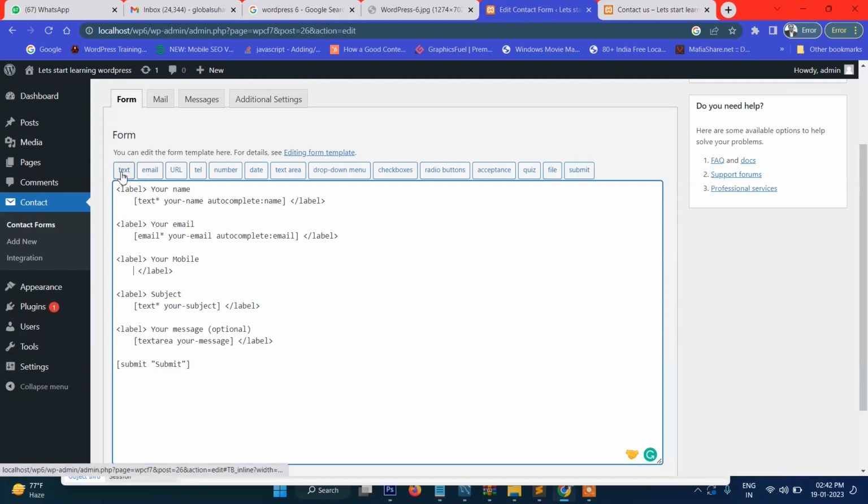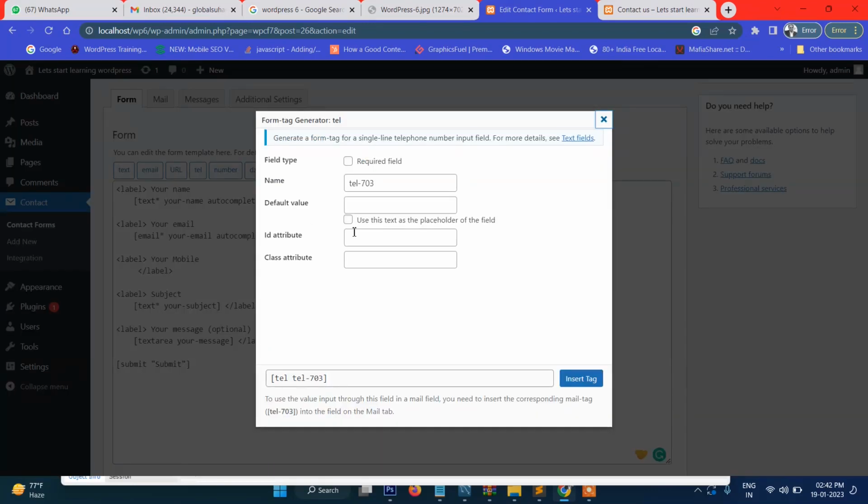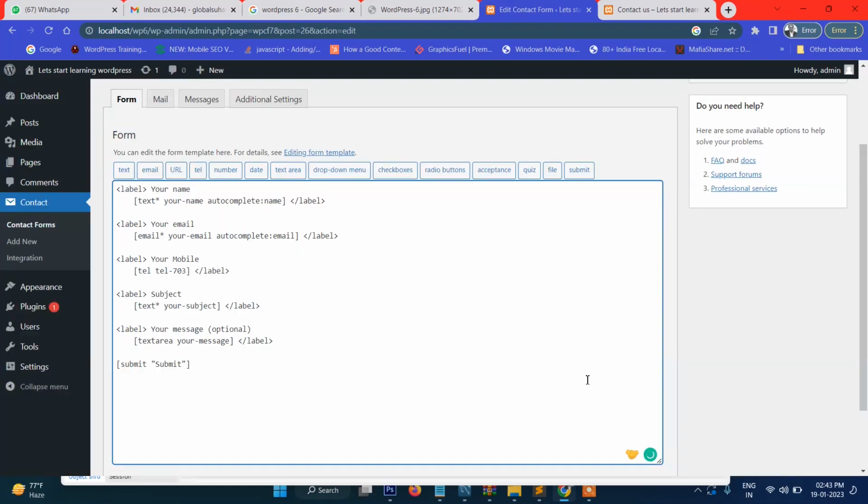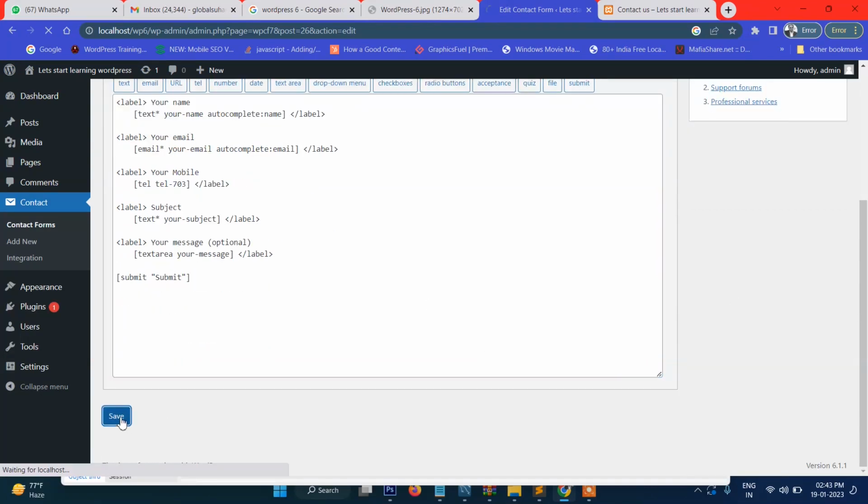You can see there are different types of elements or boxes you can create. So text field, email, URL, telephone number. Okay. So what we will do, let's take this one, telephone number. Okay. So name it this one. If you want to change, then it's fine, or else that's fine. Insert tag. Now it is displaying here telephone. So save it